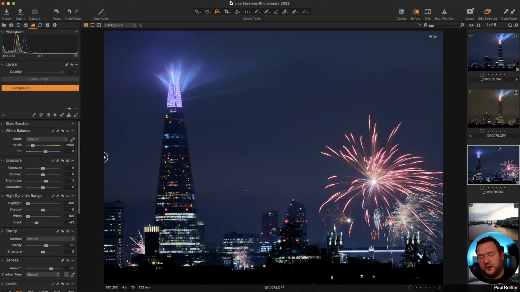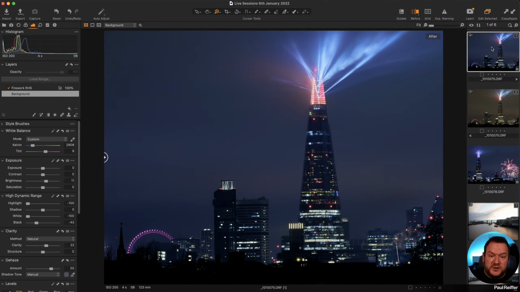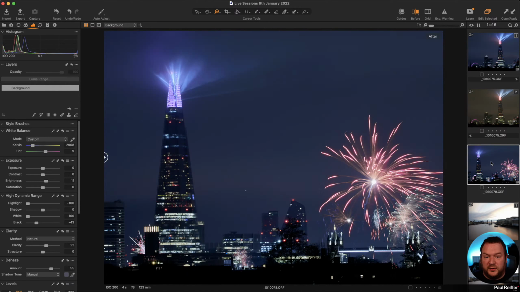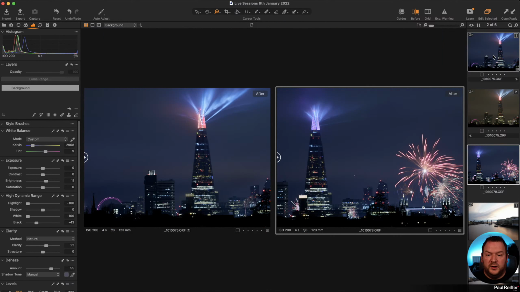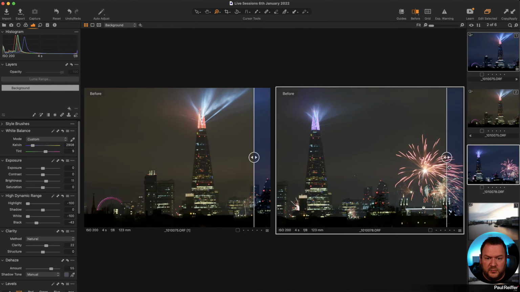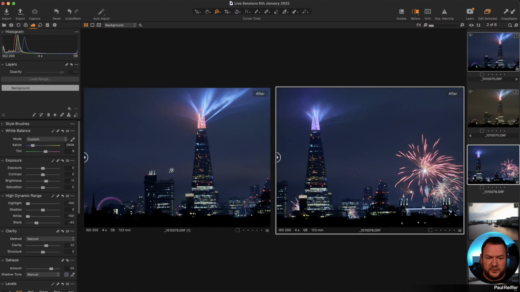But be really careful with the copying and applying. When you copy from one image, it takes every change you've made, including the layers. When you paste it into another image, it doesn't care what's already there. It's going to paste everything as it was in image 1 across to image 2. Right, and that's a quick way. So we've made some changes in this image. It was taken at the same time as this one. So I've now got 2 images with the changes applied, and both looking pretty nice.